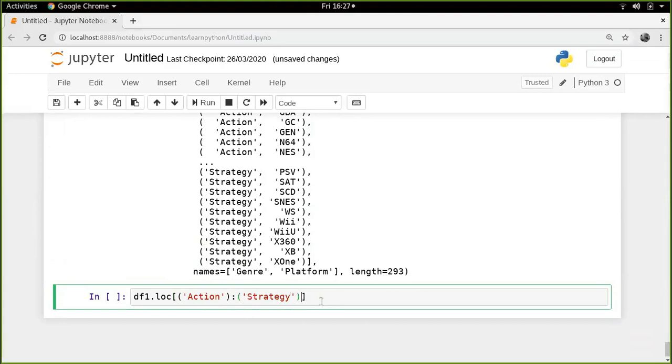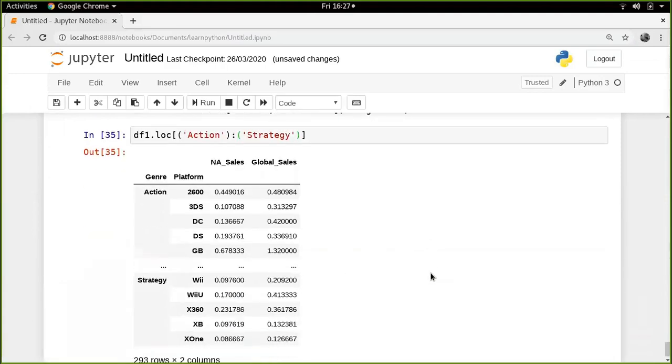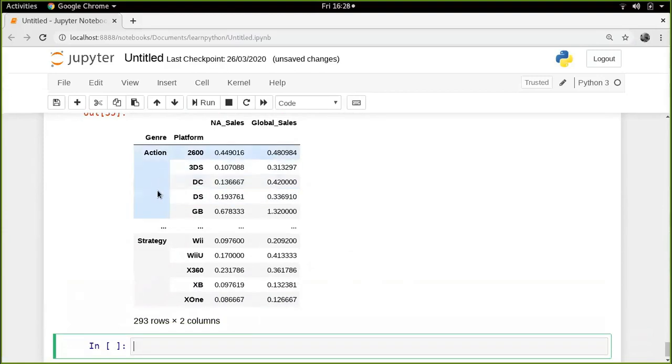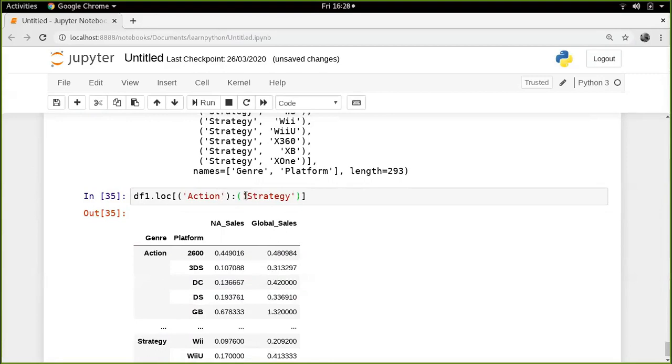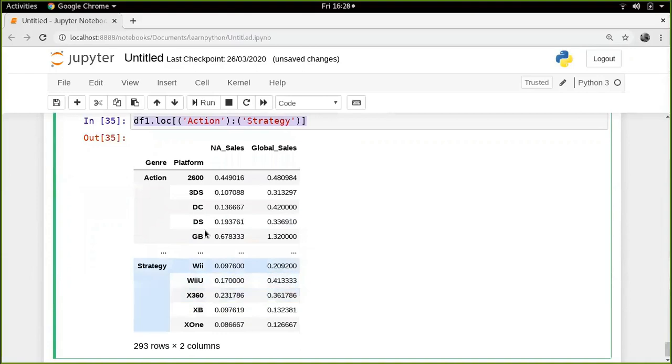I'm going to delete it. What will happen if I do this? I am getting my entire data frame back. Why? Because I am only specifying the very first key, that is of strategy, that is of genre. But this is not what we want. We want to find out for a particular platform. So let us choose one platform. Let us just say,